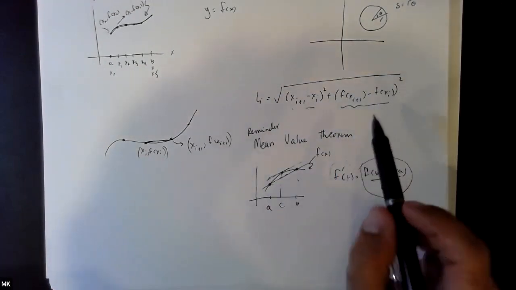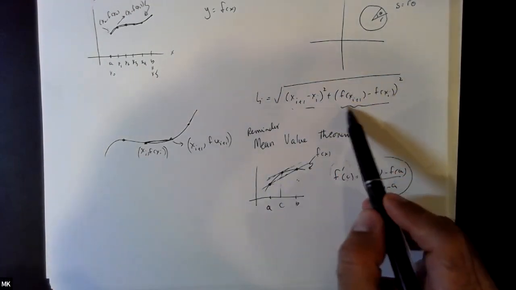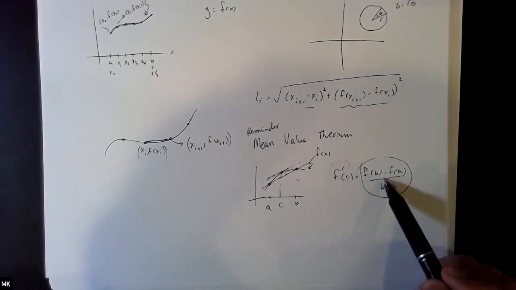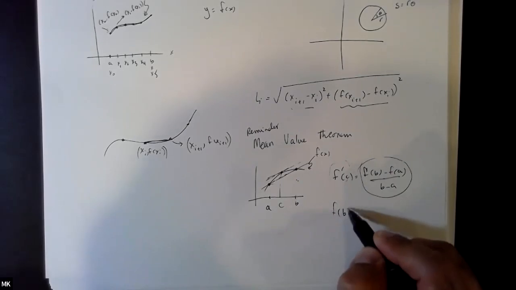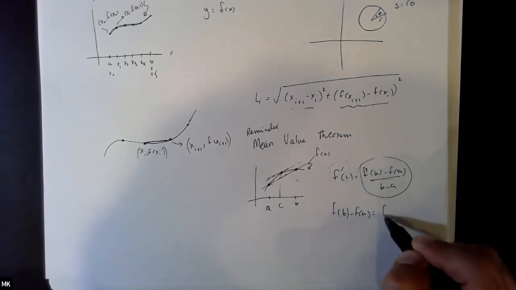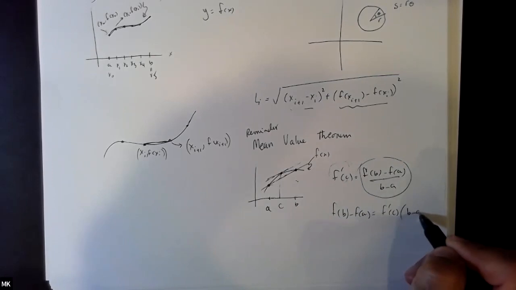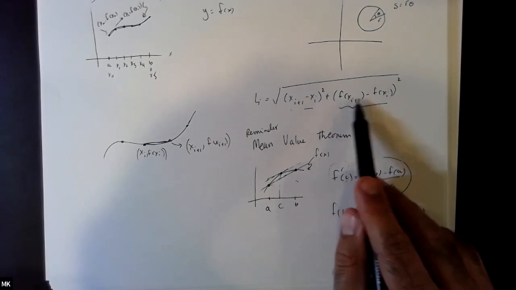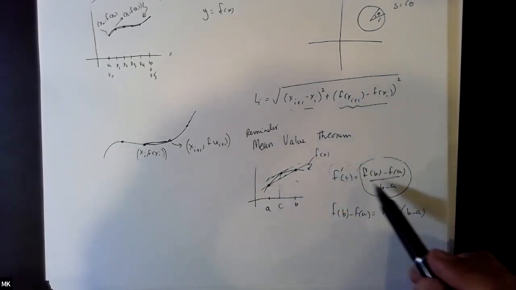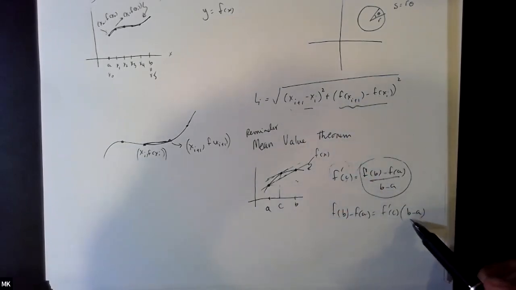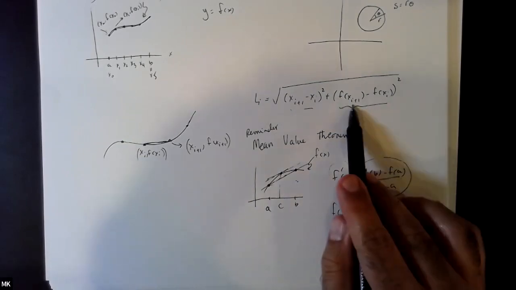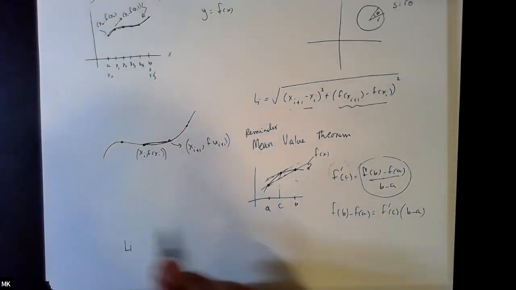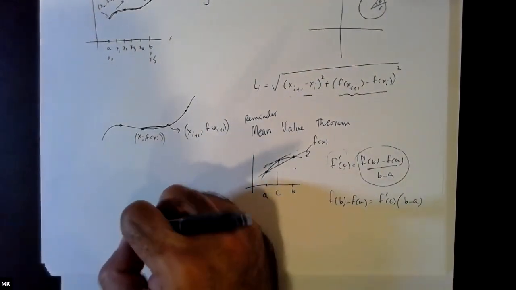What's important here is that I can replace f of b minus f of a with f prime of c times b minus a. So I can replace f of b minus f of a with f prime of some c times b minus a. So your b is x_{i+1} and a is x_i. So L_i, with this understanding now, not lithium,